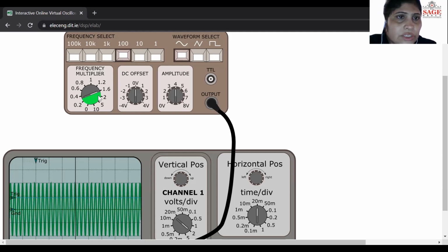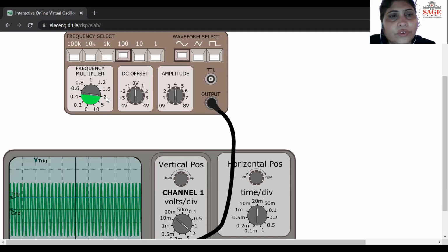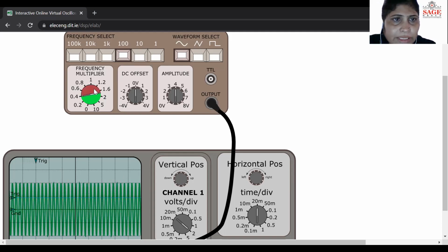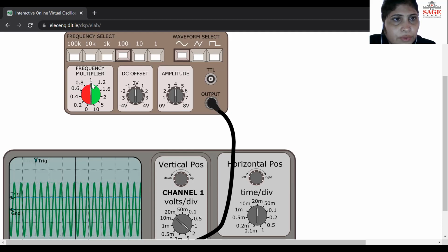Okay. Now I can change the frequency again. Like if I go to 2, this knob is on 2, so 2 multiplied by 100, now the frequency is 200. You can decrease the frequency also. Now see, I put this on 1, so 1 multiplied by 100 is how much? 100 hertz. Now you can see the frequency is 100 hertz.